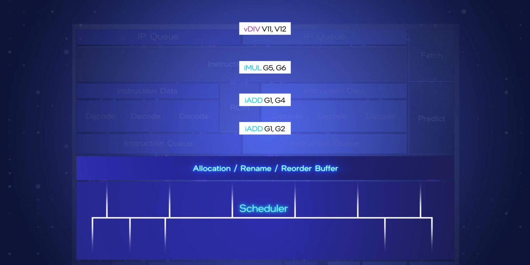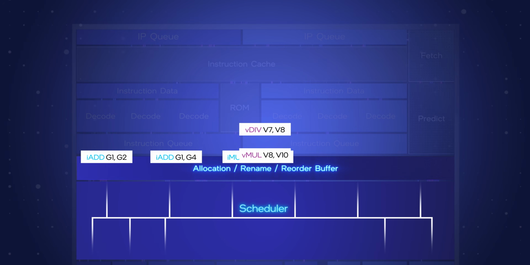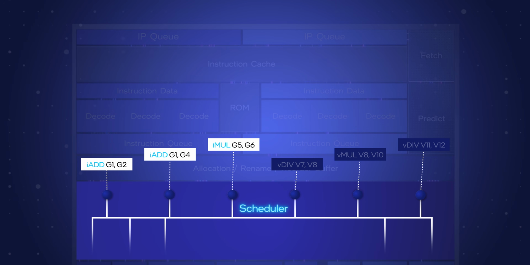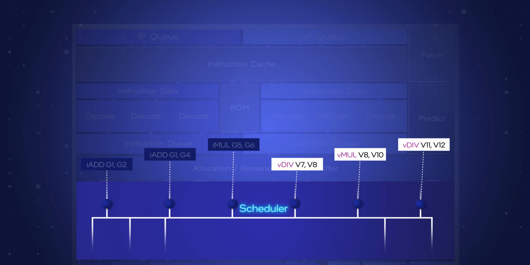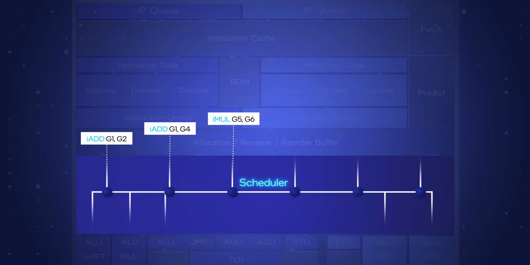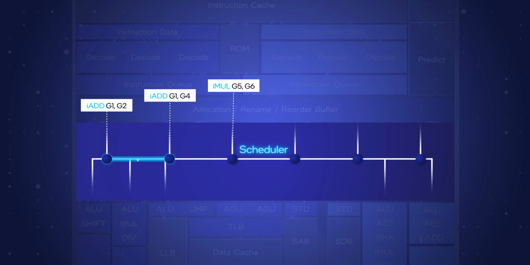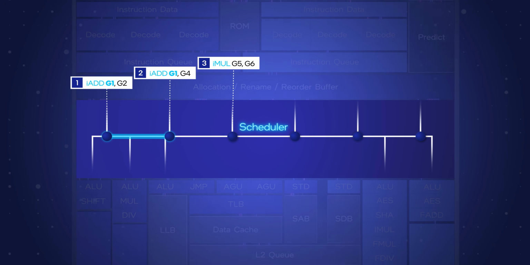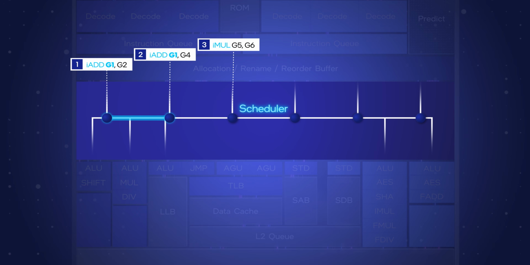Let me illustrate that with an example. Here we see 6 instructions that are being fed to the back end of our CPU. The first 3 are integer operations. The others are some vector operation, some divides and multiplies. You can see that the second instruction depends on the result of the first one, since both of these use the same operand G1. So we can schedule the first instruction, have the second operation wait in the scheduler, but